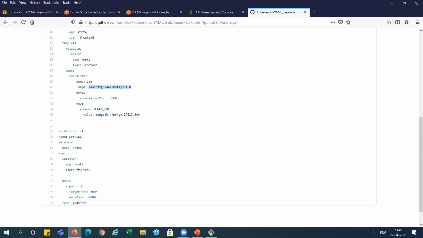The service type, you can see here, is NodePort. Services are mainly of 3 types: LoadBalancer, NodePort, and the other one is ClusterIP. ClusterIP is used for internal access, but NodePort is here and the NodePort is 30000. So we can access this application over port 30000, right? When we run this, it will again create one service and one deployment set, right?